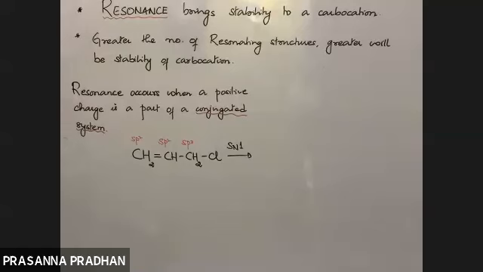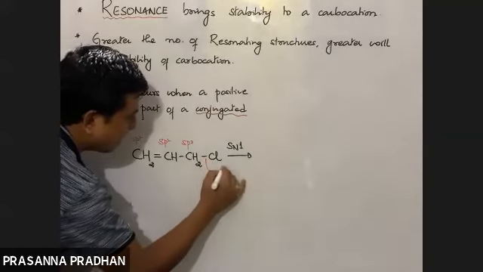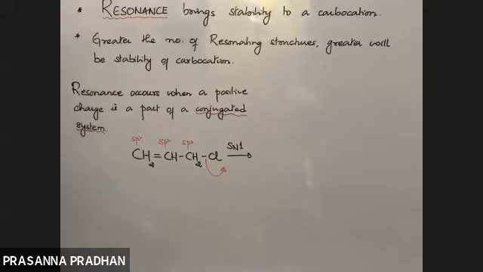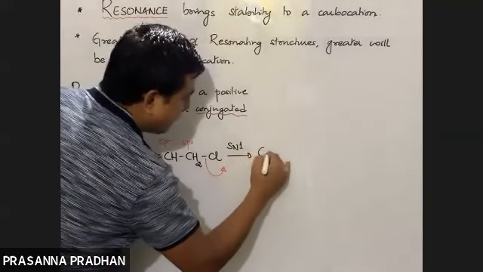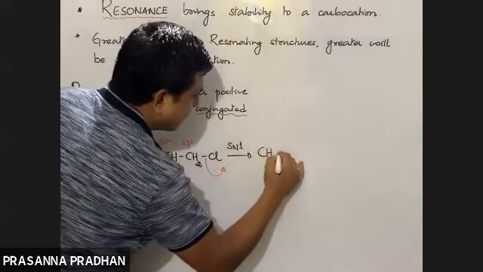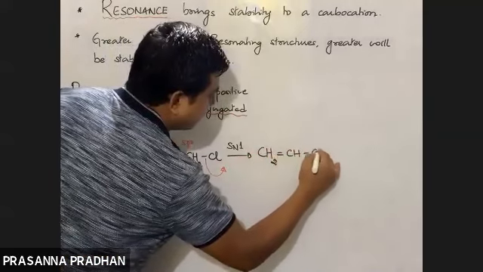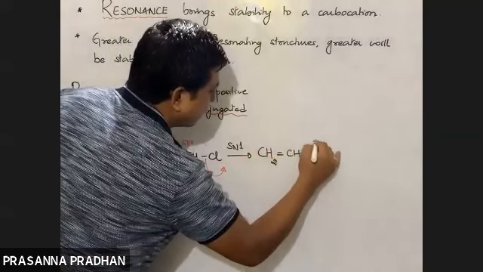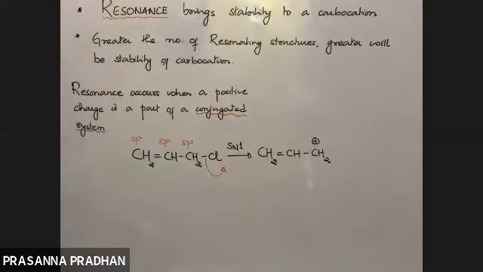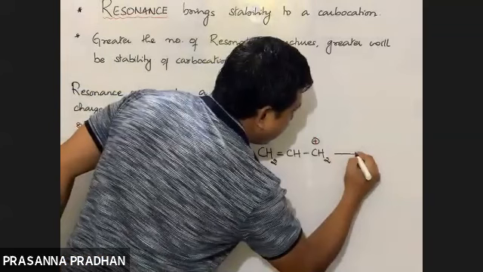What will be generated? Carbocation. The halide will leave. So which carbocation is generated? An allylic carbocation is generated. So it's a 1 degree, right? A 1 degree carbocation is generated. So it should be less stable because it is 1 degree. But here we see that